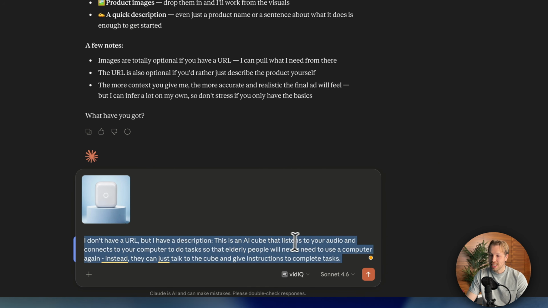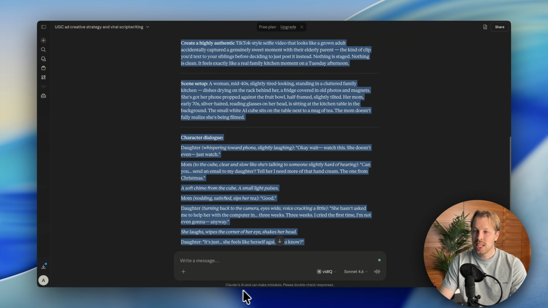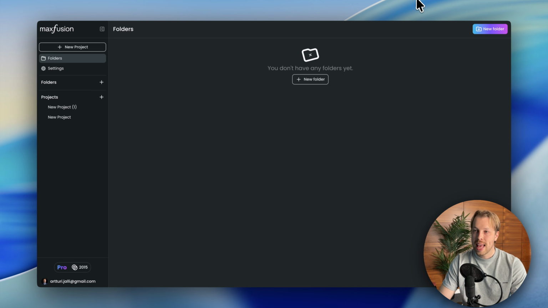So it is an AI cube that listens to your audio and basically completes tasks on your computer just by speaking to it. So this is going to be a huge helper for elderly people who cannot really use computers. And now I will just send these to Claude and it will start to create our AI UGC ad script and everything. Then once that's completed, just copy this whole thing and then go over here into Max Fusion and